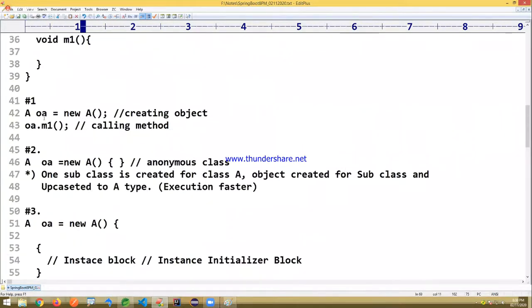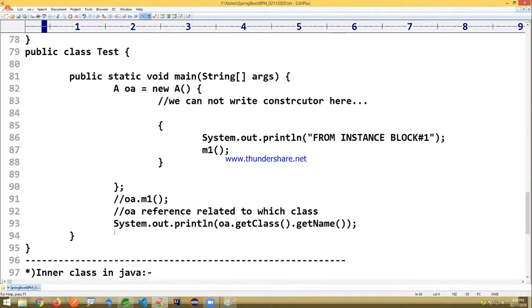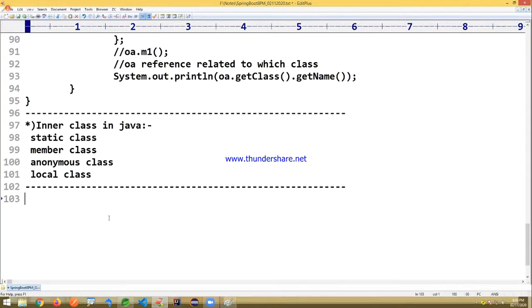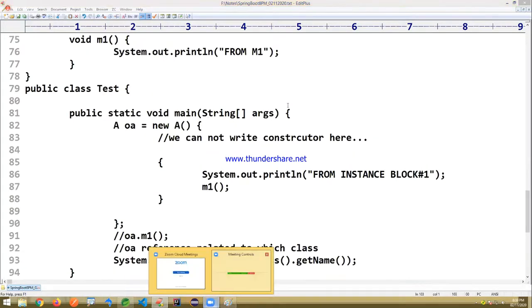Whatever you can write using the fourth one, you can write using the first one, and whatever you write using the first one, you can write using the fourth one. Why am I showing this here? I am going to use this core Java feature now. That's why I'm showing all these points. Hope you're clear up to this point. These are the core Java points.